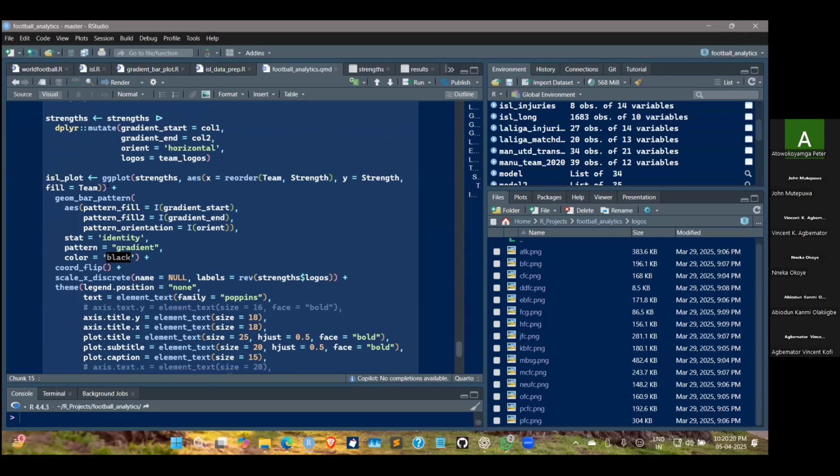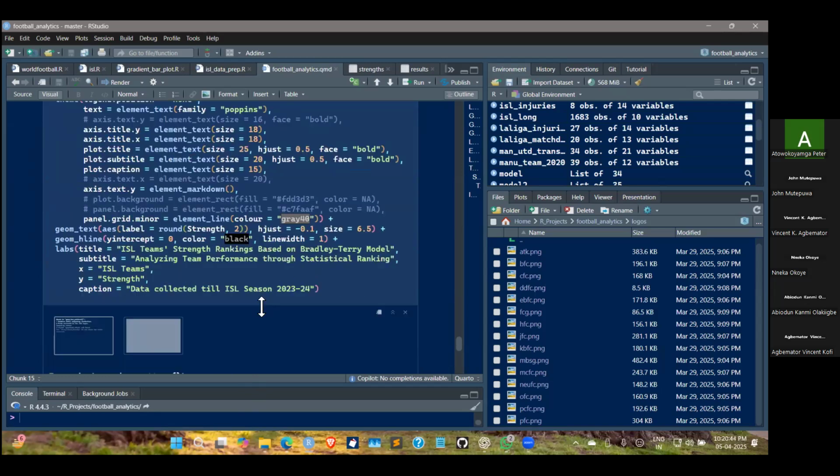So this is the first thing I am running. And the pattern orientation is orient, which I am putting horizontal, so it will show horizontally. Then stat identity, pattern gradient, color black. Color means the border of the bar. So if you just run this part, you will see the